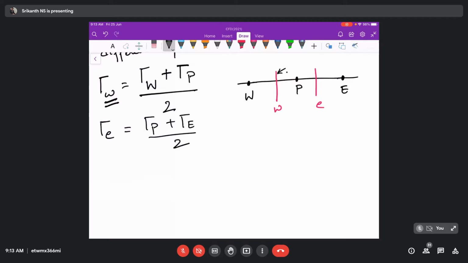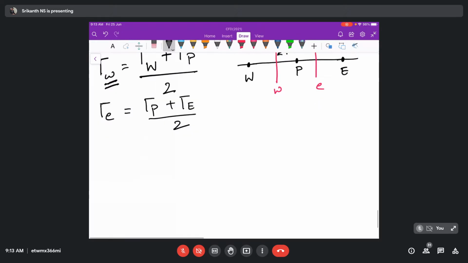I'll tell you that. I'll handle that also. Now, this is about gamma. Now, see here, what is going to happen? We did this, no? What is this we did? Gamma A d phi by dx at E.